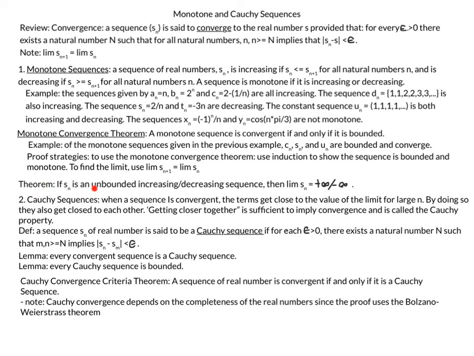We talked about Cauchy sequences, which are sequences whose terms get closer and closer together as n becomes very large. We did the formal definition, and we said that every convergent sequence is a Cauchy sequence, and every Cauchy sequence is bounded, which gave us the Cauchy convergence criteria: a sequence of real numbers is convergent if and only if it is a Cauchy sequence. And I just wanted to also note that Cauchy convergence depends on the completeness of the real numbers, since the proof uses the